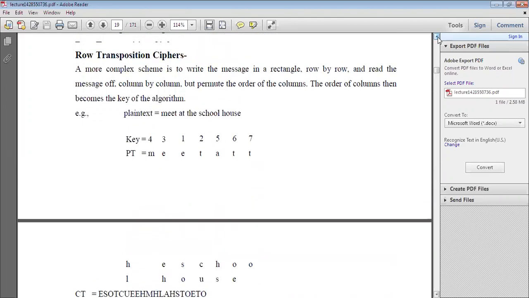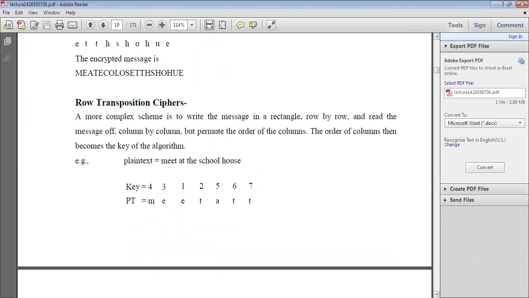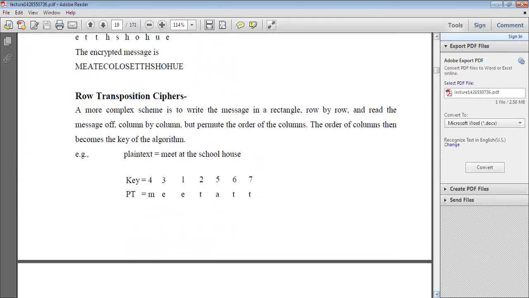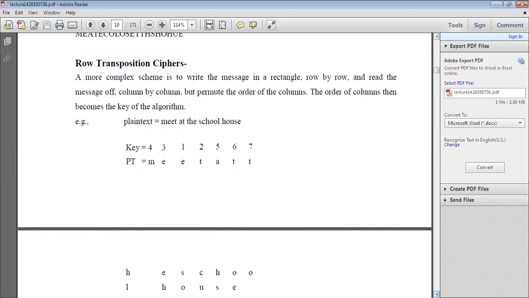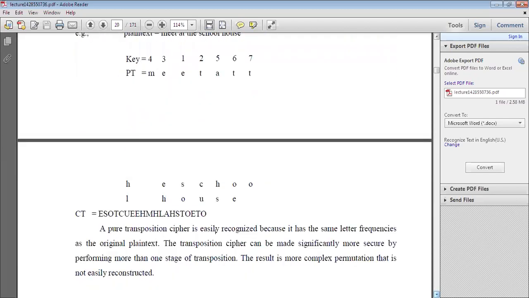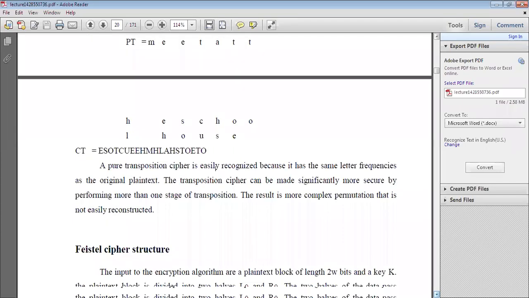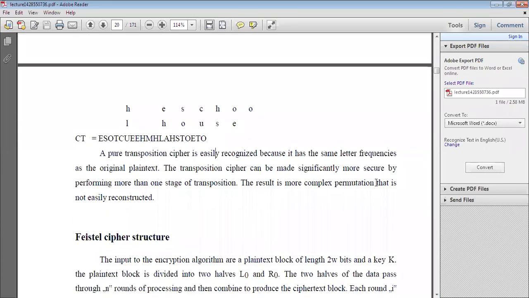First one is the rail fence technique. Second one is the row transposition cipher. In a similar way you can use column transposition ciphers also. So you can write some column transposition ciphers.